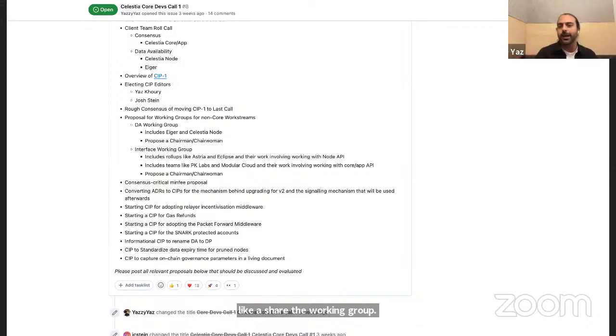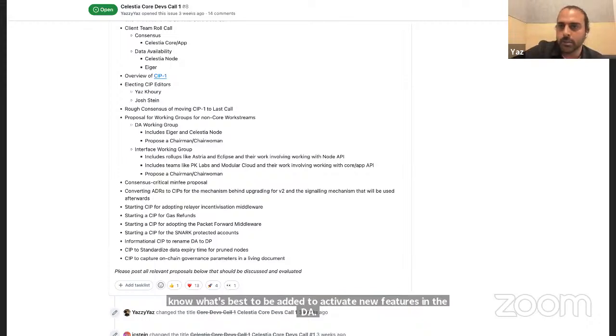The DA working group would be a separate working group working on the DA layer. If the outcome of this working group is a CIP being proposed, given that they're the ones who manage the CIP side of things for the data availability layer, they're the best ones to know what's best to add to activate new features in the DA layer.